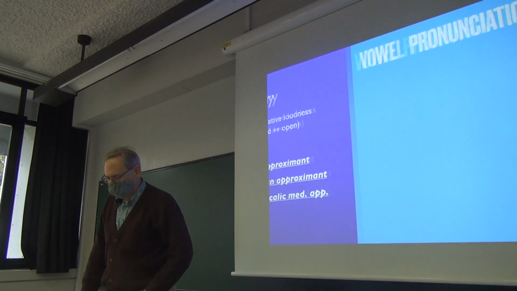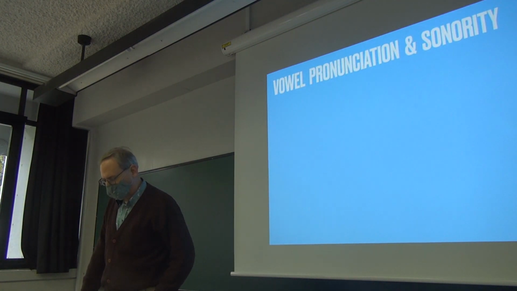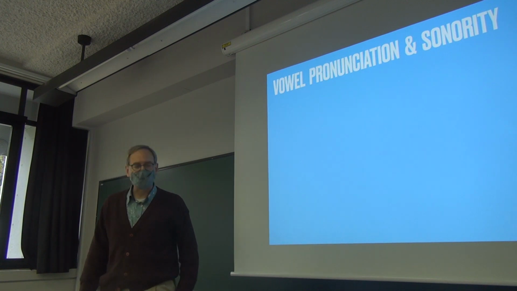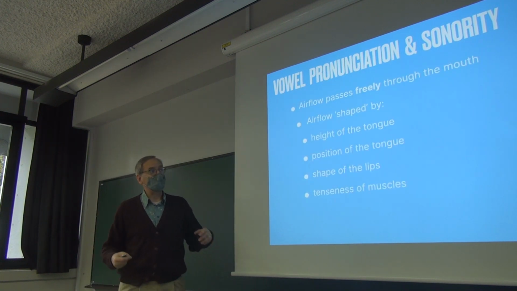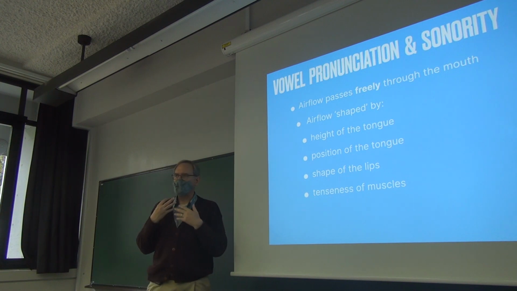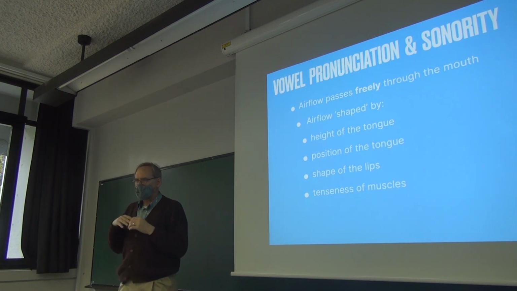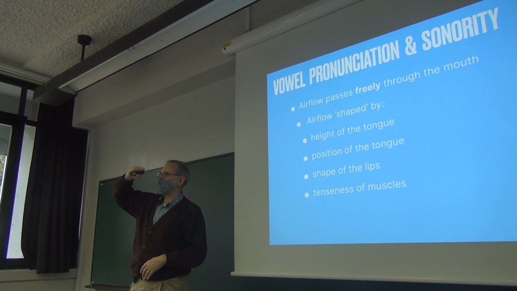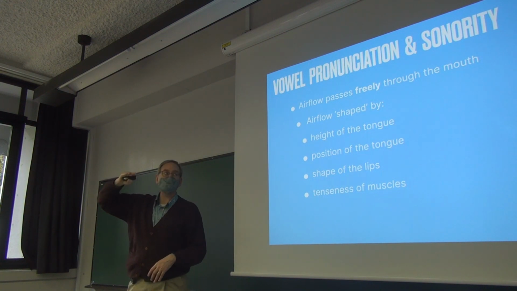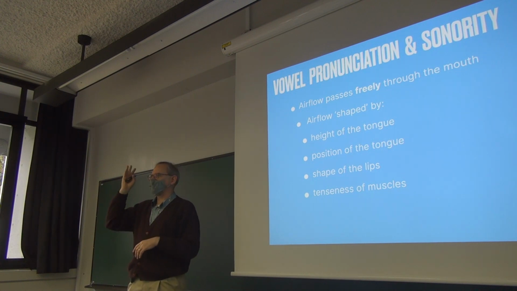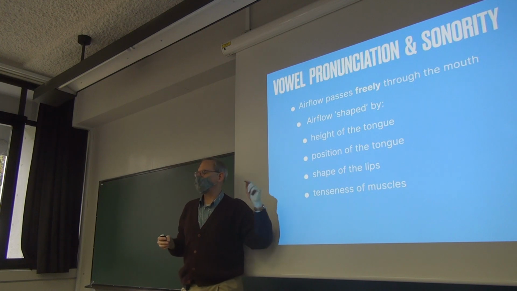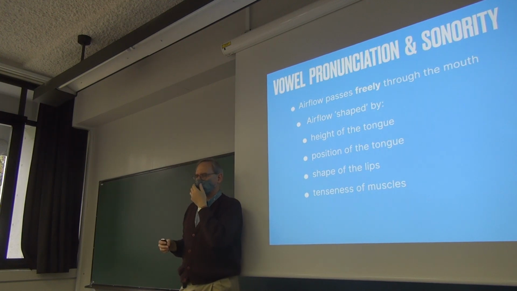Okay, let me just finish by reviewing the fact that we've seen airflow in vowels passes freely through the mouth, but it is shaped by the tongue. The height of the tongue, whether the tongue is in a high position, a mid position, or a low position. And then I use the word position to distinguish front from central to back. Okay? So tongue height, tongue position, and there's also the shape of the lips,